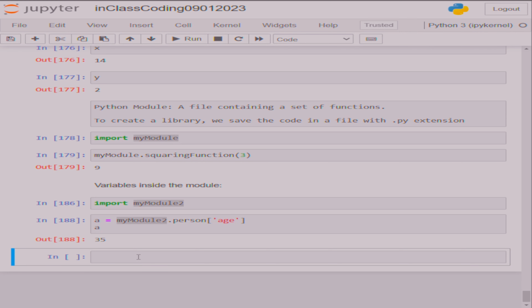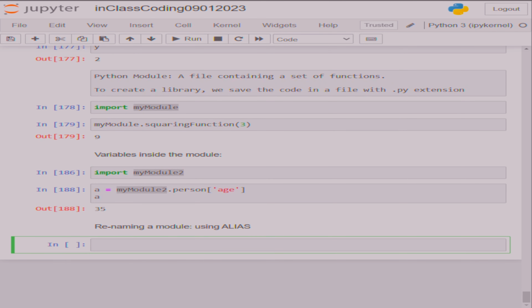Okay, so this is the next concept. This concept is renaming a module, by using what are called alias names. So how to use an alias name? It's very easy. While importing,